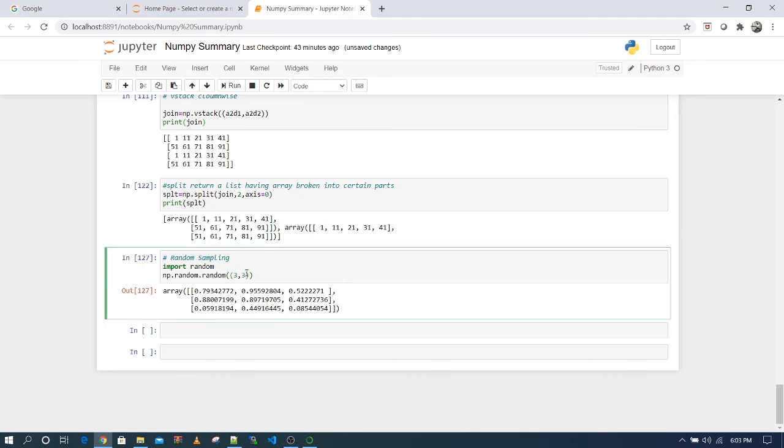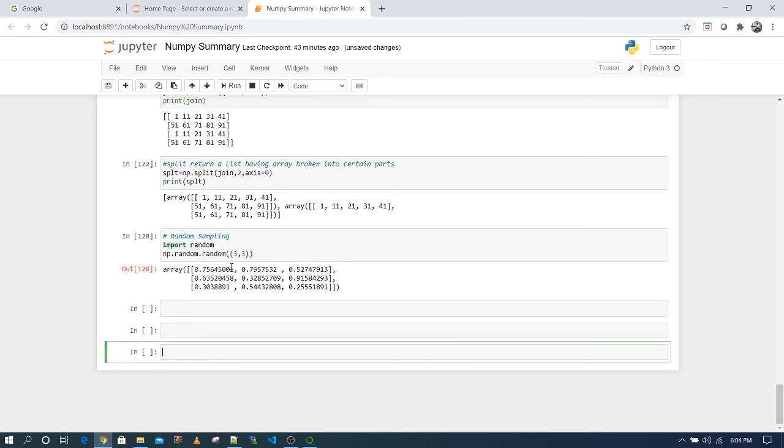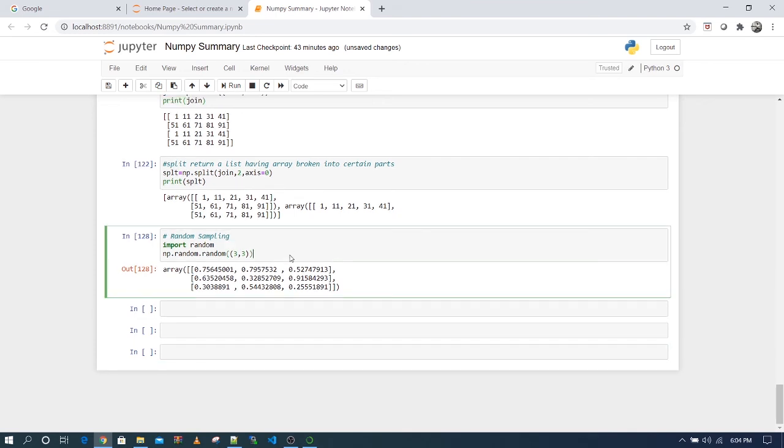Okay, one more thing about this. Suppose you need a certain fixed value every time you run. Right now every time I run it, I am getting a different value.